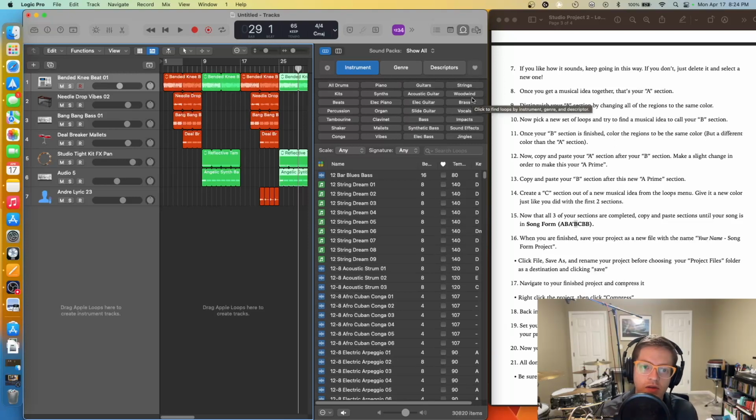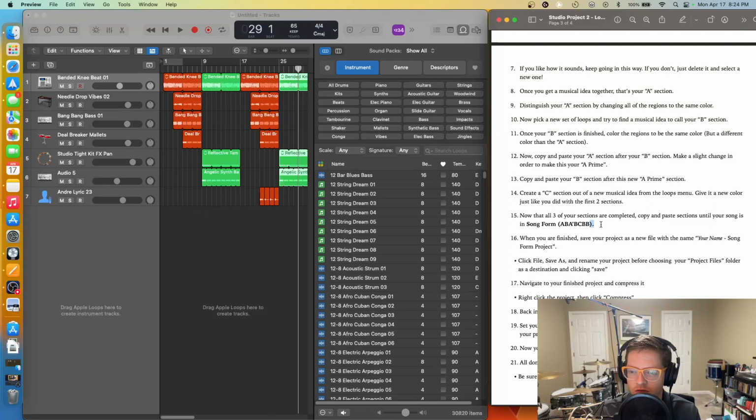All of this music is going to be compiled at the end of the year, and you're going to have a folder full of things you did, and you don't want a stinker in there because you decided you wanted to rush through the project. Okay, so you have the luxury of a lot of time to work on this, so make the music cool, make it something you're proud of. Hopefully I don't sound too hippy dippy saying that, but really there's no reason not to make the best music